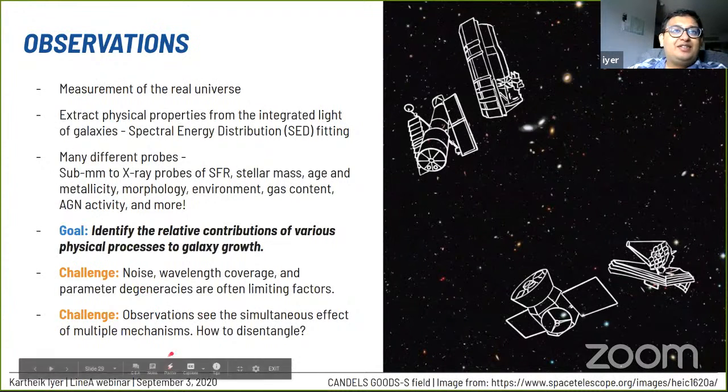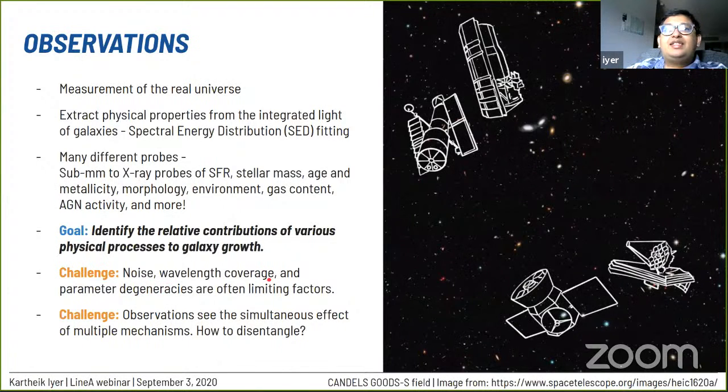But the challenges here are now different. The first challenge is that things like noise or limited wavelength coverage or degeneracies between how different parameters present in terms of the observations can be huge limiting factors. One of the parameter degeneracies that's often talked about is a degeneracy between the age, dust, and metallicity. The way all these three factors are thought to affect the SED are extremely hard to disentangle, especially when you have noisy observations. And so this can be a limiting factor in the predictive power, or how much information we can get out of the observations.